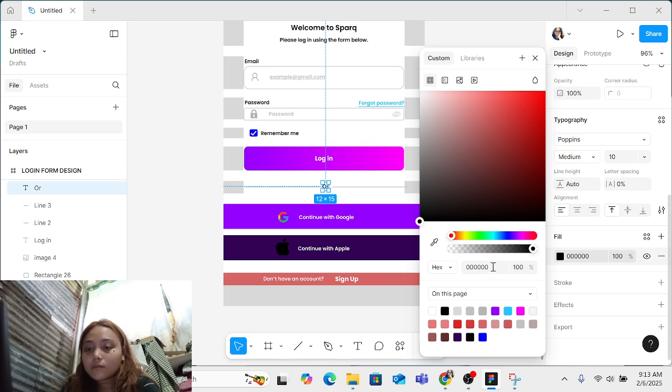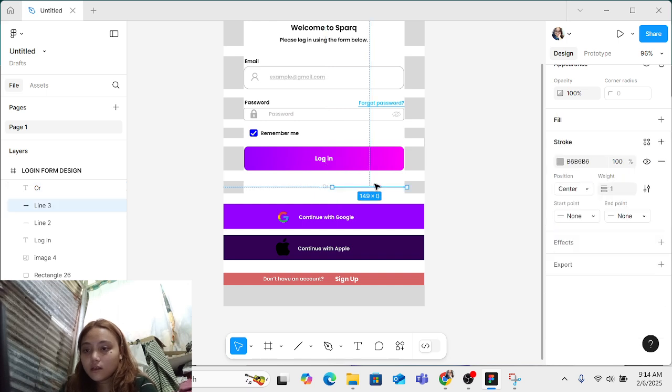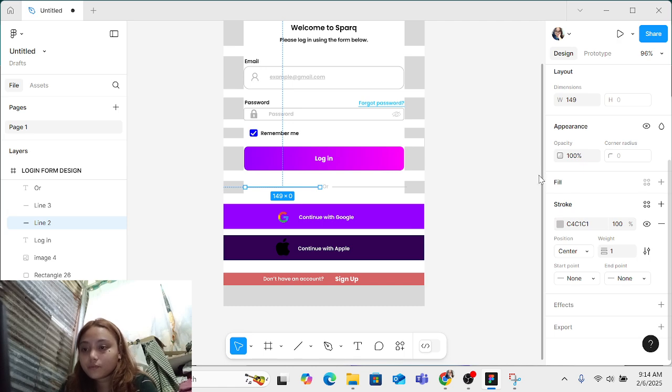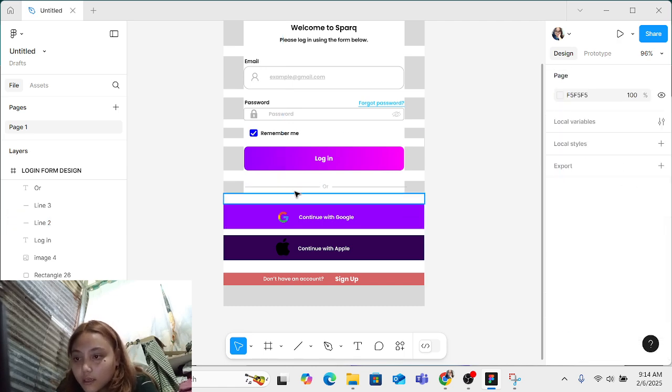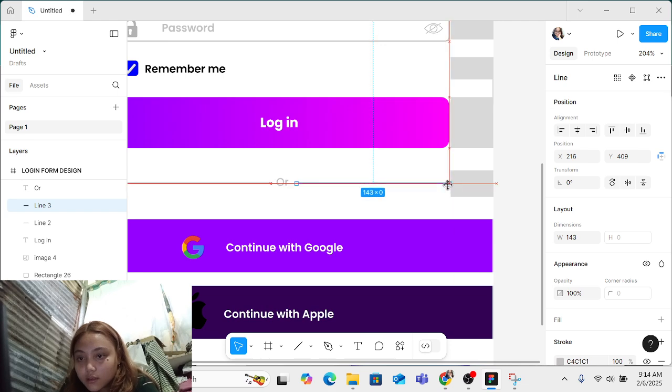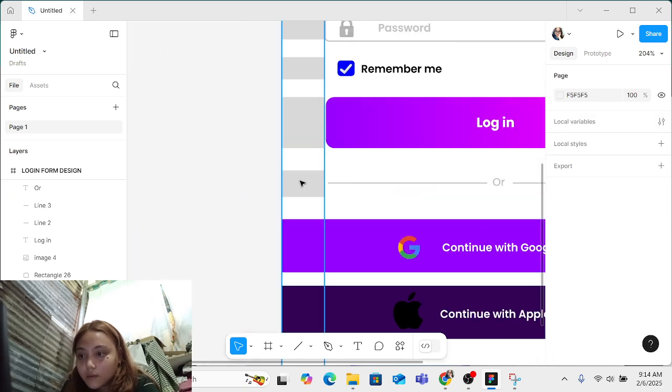No, not something black, but C4, C1, C1, something like that. Let's resize it, change the color to C4, C1, C1, same as this. Change the color, C4, C1, C1, and adjust the sizing. Okay. Then same as there.